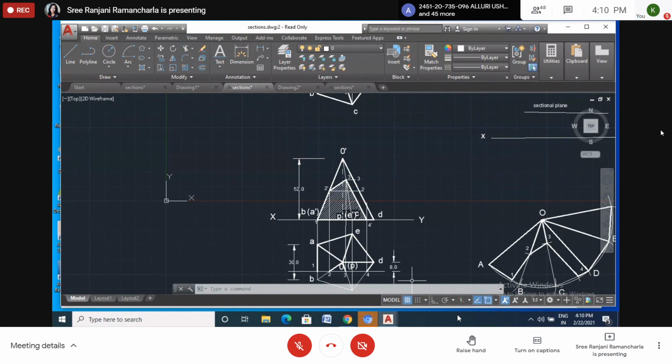Draw its sectional front view and top view.